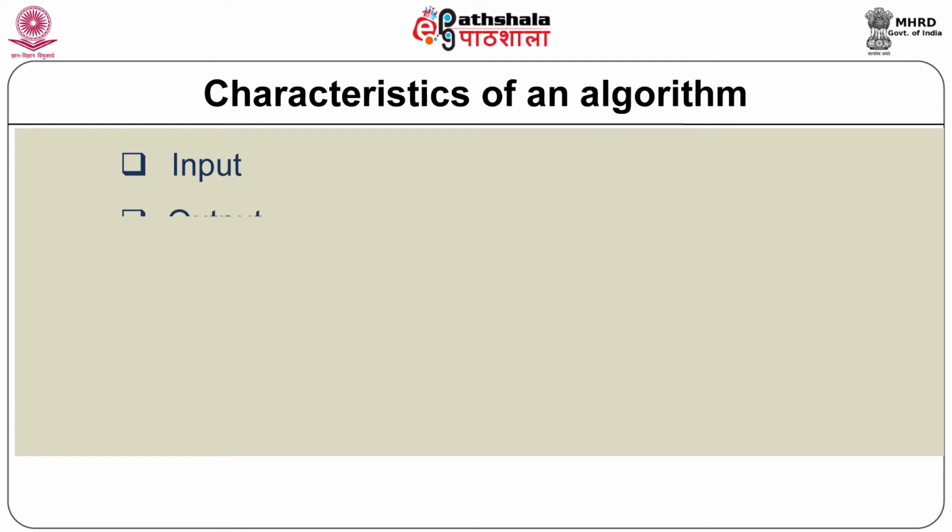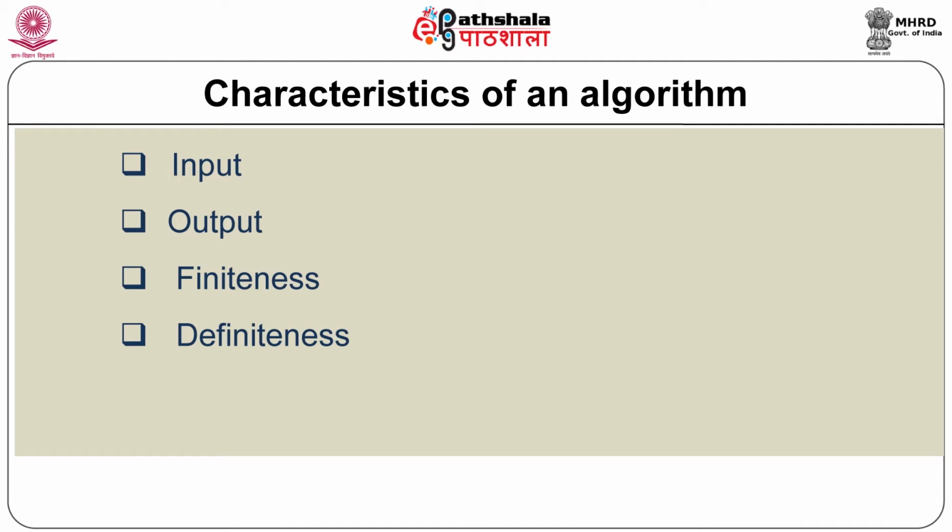At least one quantity must be the output of the algorithm. An algorithm terminates after a finite number of steps. Each instruction must be clear and unambiguous. Every instruction must be very basic so that it can be carried out in principle or by using pencil and